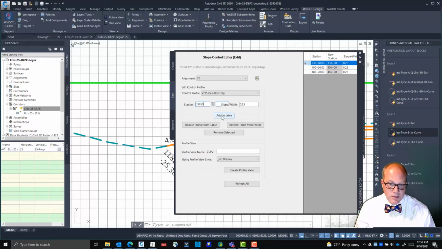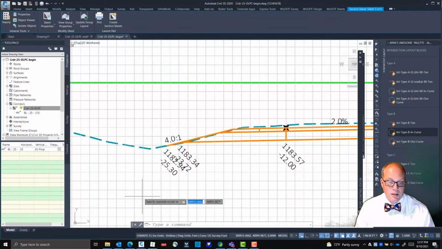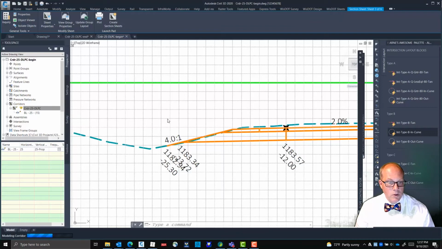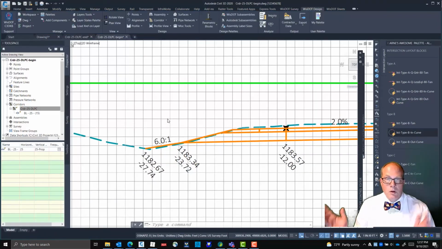399.50 is also going to be a 4-to-1. And then 399.75, I said 6-to-1, so that's a 0.167. Add it to the table, update the profile, let that thing auto hide, rebuild my corridor, and I've got a